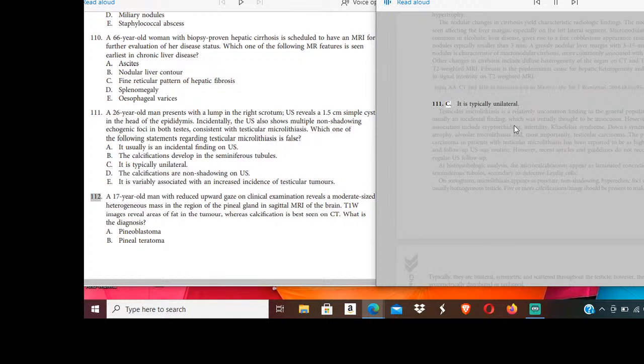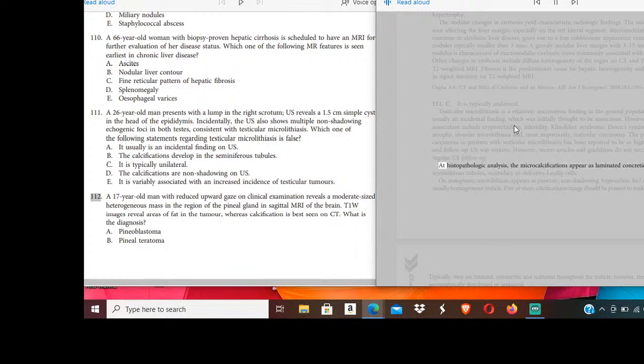111. C. It is typically unilateral. Testicular microlithiasis is a relatively uncommon finding in the general population. It is usually an incidental finding, which was initially thought to be innocuous. However, known associations include cryptorchidism, infertility, Klinefelter syndrome, Down syndrome, testicular atrophy, pulmonary alveolar microlithiasis, and most importantly, testicular carcinoma. The prevalence of carcinoma in patients with testicular microlithiasis has been reported to be as high as 40%, and follow-up US was routine. However, recent articles and guidelines do not recommend regular US